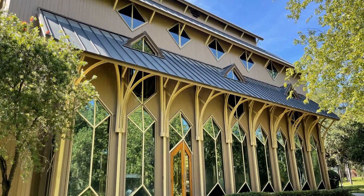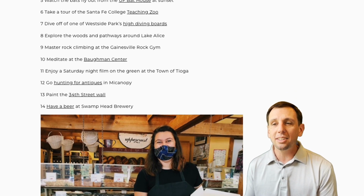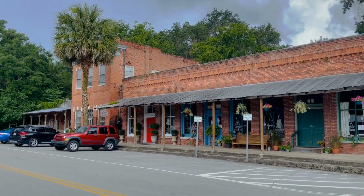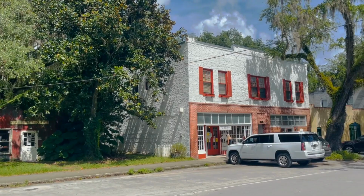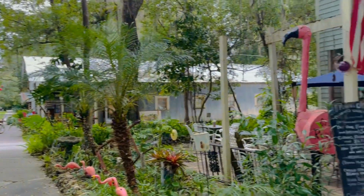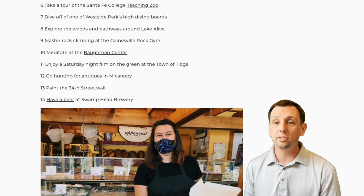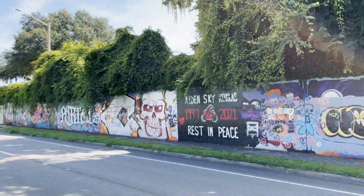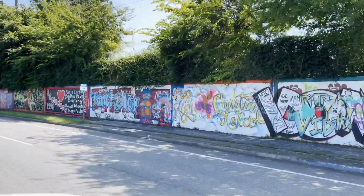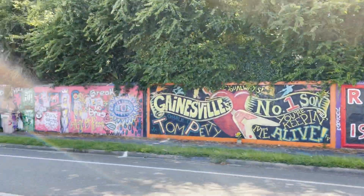Now on number 12, you got antique shopping in Micanopy, and that's a great idea. Micanopy is such a cute little town, but it may not pop up on everyone's radar. If you do go out this way, make sure you stop by the Old Florida Cafe and get a Cuban sandwich. You definitely won't regret it. Painting the 34th Street wall. All right, so this one may not be for everyone, but it's certainly a cool idea, and it'd be great to get a picture, a lot of fun,